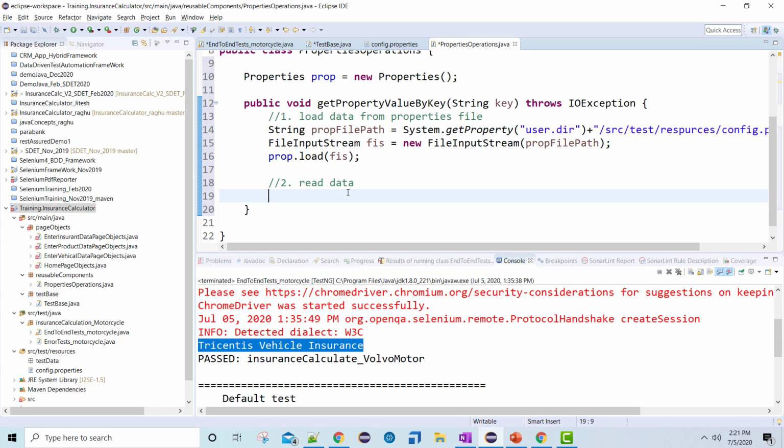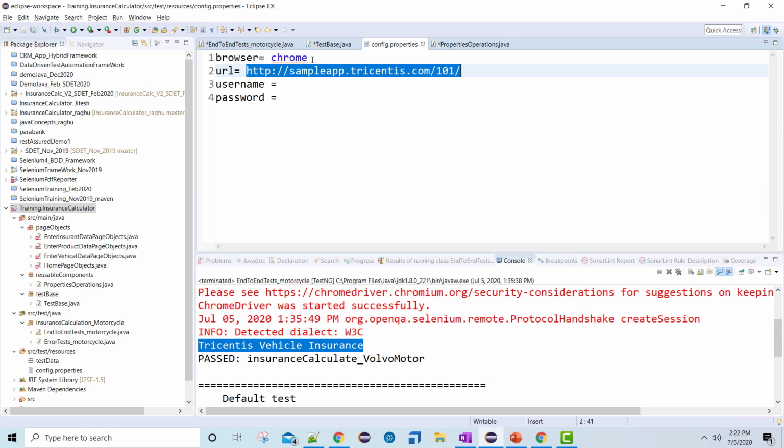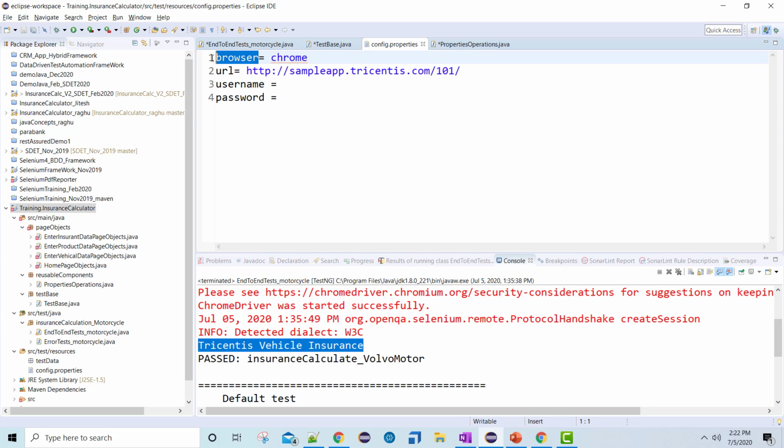Now how to read? With the same object prop, we have a method called get, and if you read its description, it returns the value to which the specified key is mapped. So if I pass a key, I should get the value, right? A key and value pair.